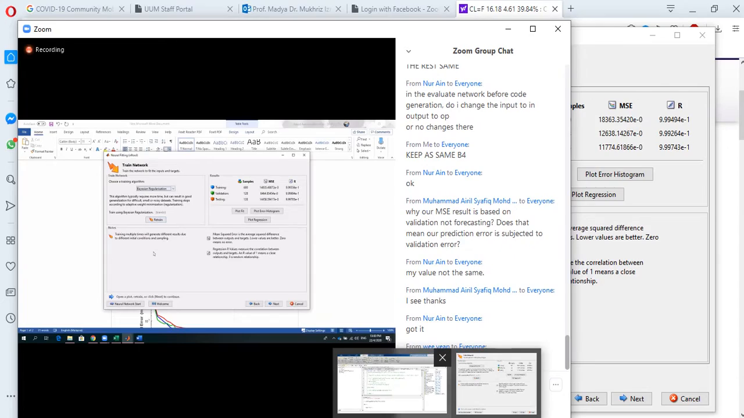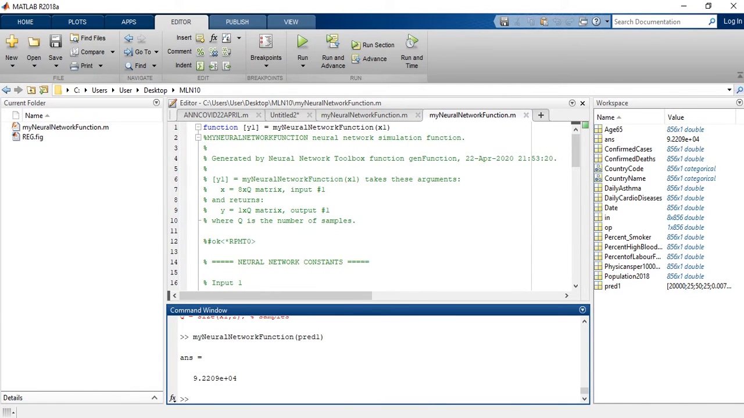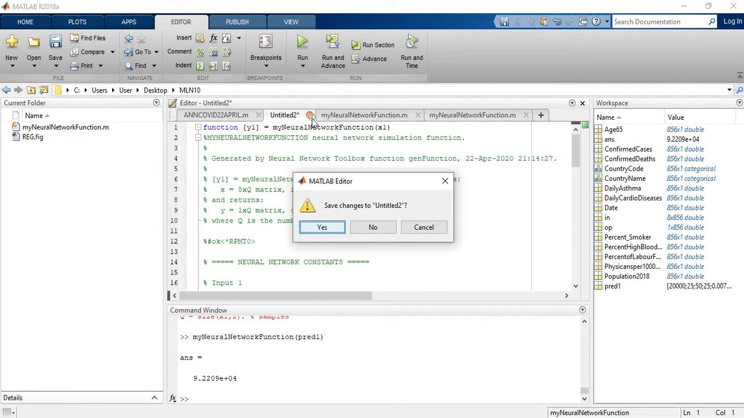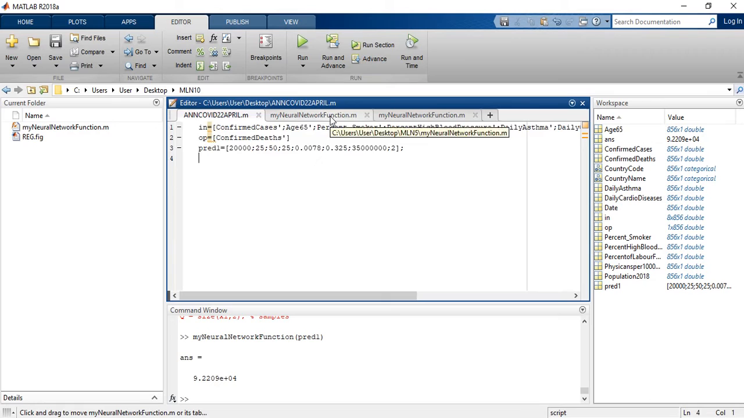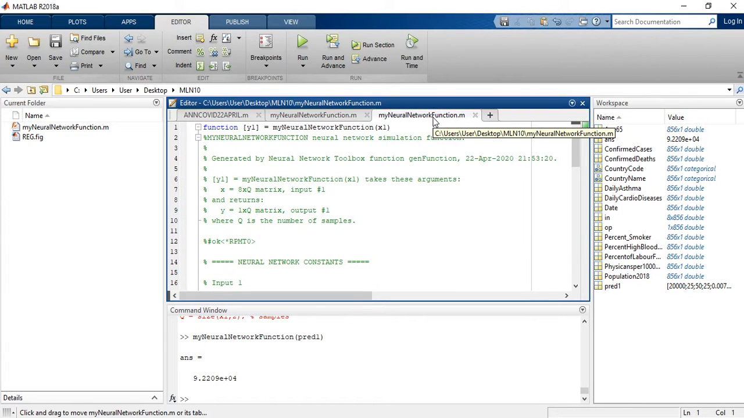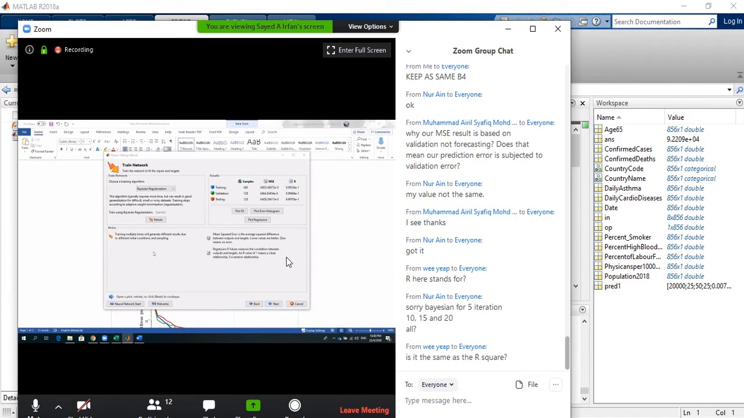I'm just seeing the chat. If anyone is having a problem, Bayesian for 5, 10, 15, 20. Yes, it is the same as R square. I just want you to get used to this toolbox